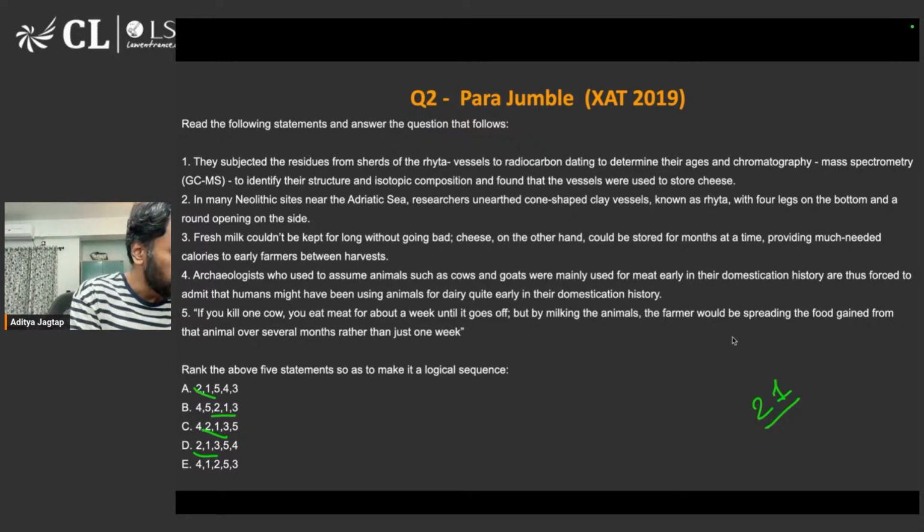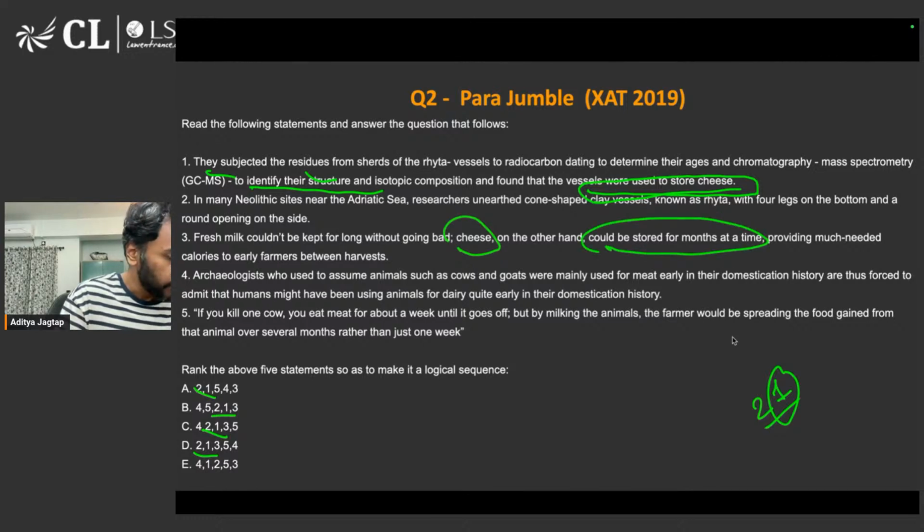So now that I have 2-1, 2-1 tells me that they look for residues to identify the structure and composition, that vessels were used to store cheese, right? So sentence one talks about storing cheese. Cheese could be stored for months at a time. So now I'm going to start looking for 213, correct? So 213 is present in two options,